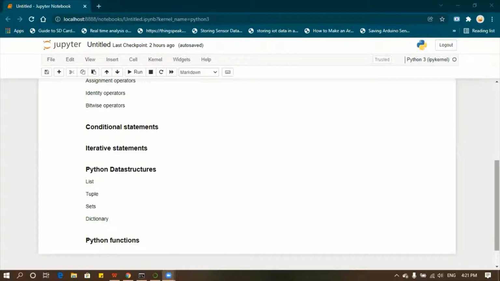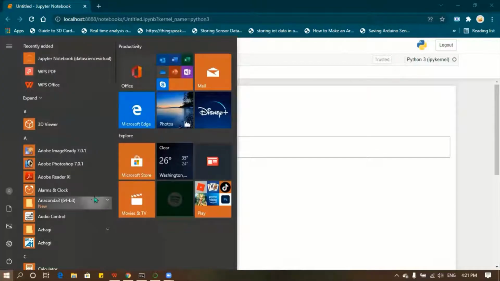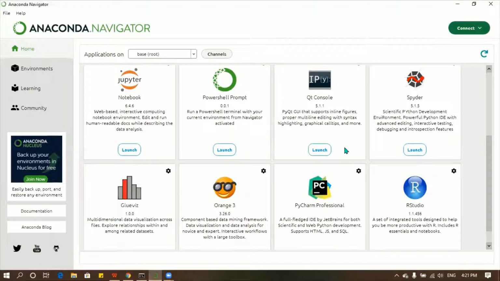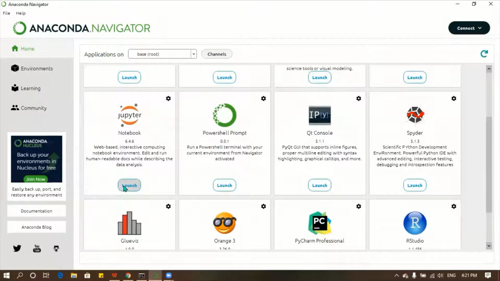Yes, ma'am. Okay. So as for the Python, we are going to use Jupyter Notebook. You can open your start button. You can go to the Anaconda Navigator. The Anaconda Navigator will look like this. Here you can find all kinds of data science distribution things. So there, go to Jupyter Notebook. Click launch. It will open a page in your default browser. It will either open in your Chrome or in the Edge browser.